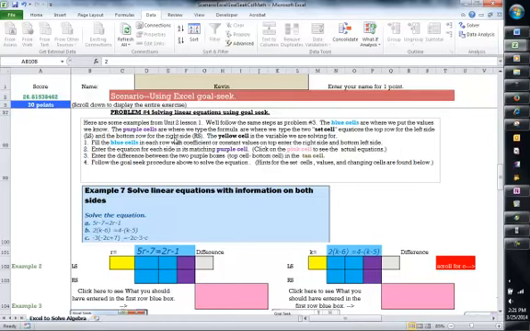And the bottom row is the right side, the top row is the left side. The yellow cell is the variable that we want to solve for. So first of all, we enter the coefficients, 5, -7, 2, 2, -1. And then we enter the equations: equals 5 times the yellow box, because that will have our R value, add the -7,